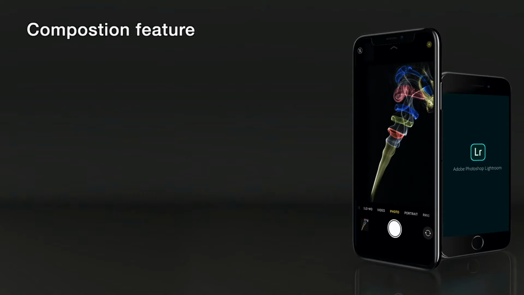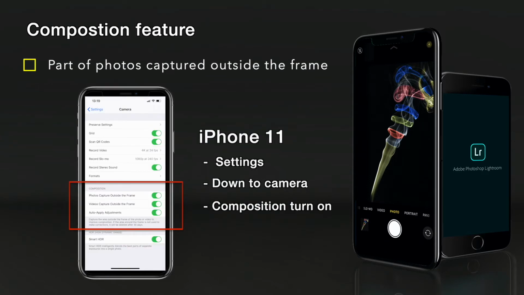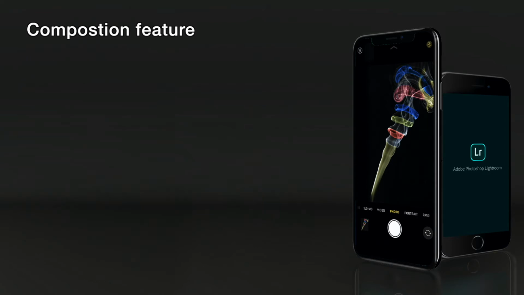Let's look at composition now. This isn't the composition of your photo, but the composition of photos captured outside the frame. Let me explain a little bit more. This is a great little piece of software functionality by iPhone: when you zoom into a photo, the camera will hold the missing media that you have cropped out of your photo for up to 30 days